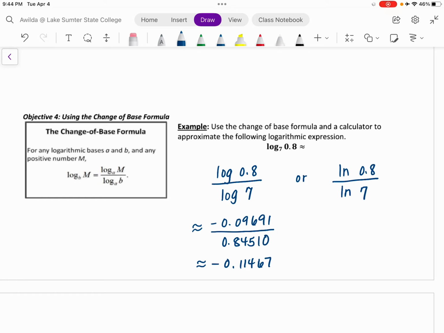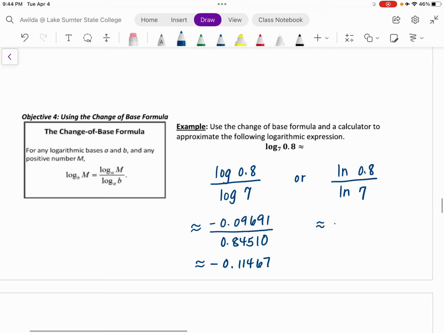Now, let's practice using the second interpretation where we're using natural logarithms. So the natural logarithm of 0.8 gives me approximately negative 0.22314 if we take that out to 5 decimal places. And then the natural logarithm of 7 is approximately 1.94591. And if I take this to the calculator and divide,